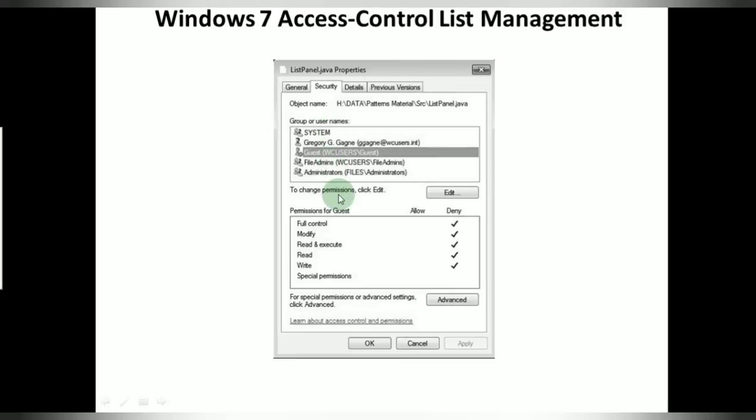Each of them is going to allow or deny some of the permissions. It may allow modify or it may deny modify. So this is the way the access control or protection mechanism can be done using Windows. So this was about file sharing and the protection mechanism in your file system.